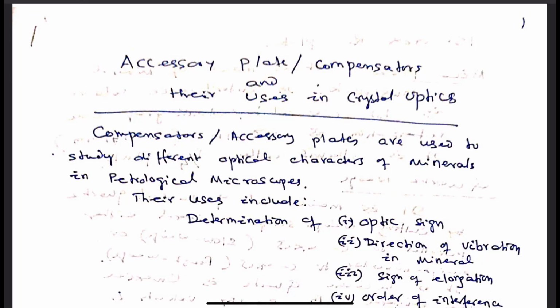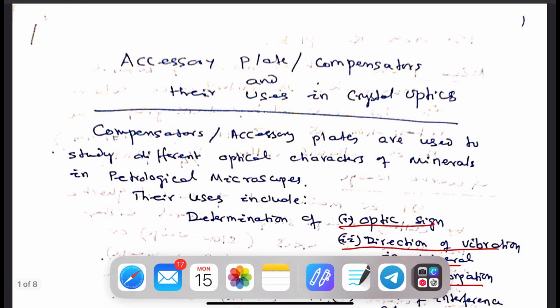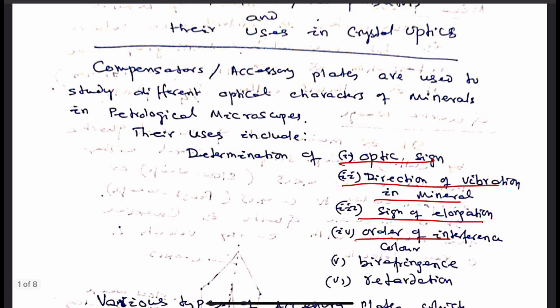Hello students, today we will discuss accessory plates or compensators, and how they are used to study different optical properties under a petrological microscope. Let us see what properties can be studied. The properties are optic sign, direction of vibration of a mineral, sign of elongation, order of interference color, birefringence, retardation,